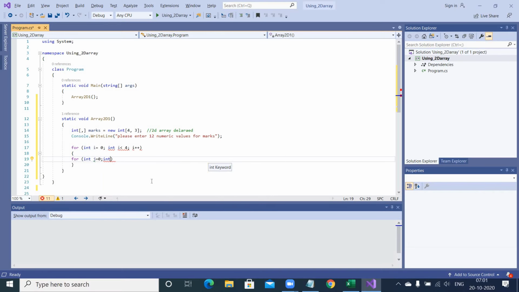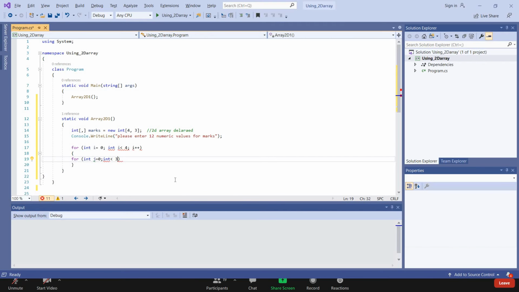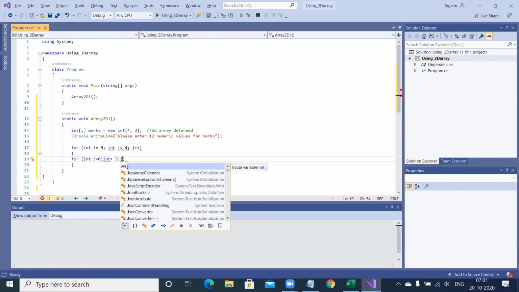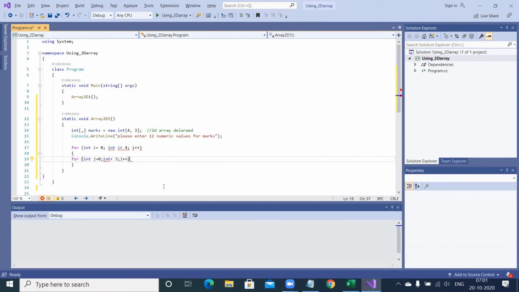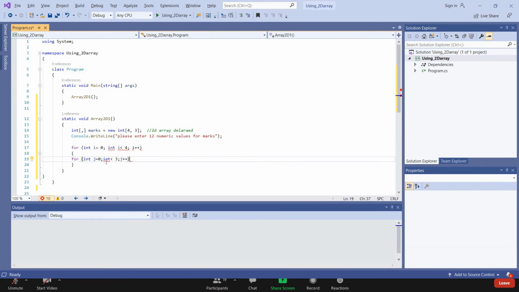Whatever doubt is coming in mind, you can keep it in mind. I will finish the program, debug it once. I will show you how compiler is moving, what it is doing, etc. More than 50% doubt will be clear after debugging. Still, if you have something, then you can ask me to clarify it.